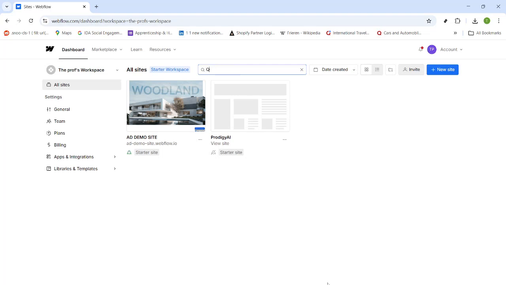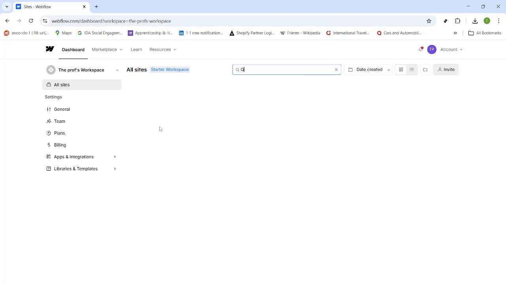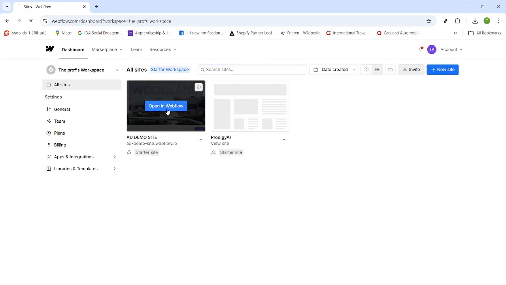In today's video, I'm going to teach you how to edit text in Webflow. Start by opening your Webflow project. If you're already viewing the site, switch to the dashboard, then choose Open in Webflow to launch the designer for that project. This takes you into the editing environment where you can see your page layout and make changes in